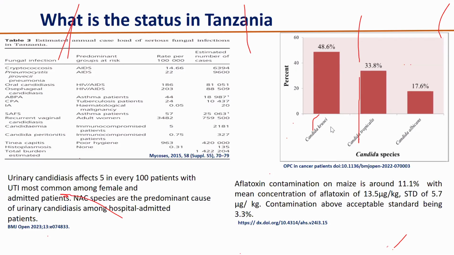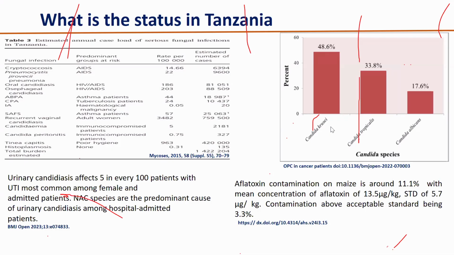But talking of aflatoxinosis, the aflatoxins in maize, the study that we did in 2023, we published it this year. We went to the local markets where the maize is being sold ready for human consumption. We found up to 11.1% of the maize samples that we took were contaminated with aflatoxin. They already had Aspergillus flavus on them, and the Aspergillus had already produced the toxin, the aflatoxin. And remember, aflatoxin leads to liver problems, liver cirrhosis and liver cancer. So it is not something that we should close our eyes to.